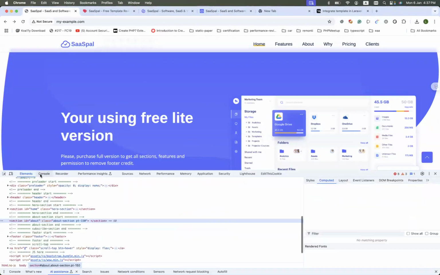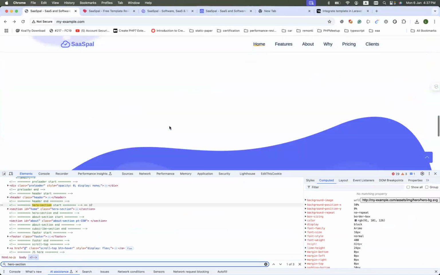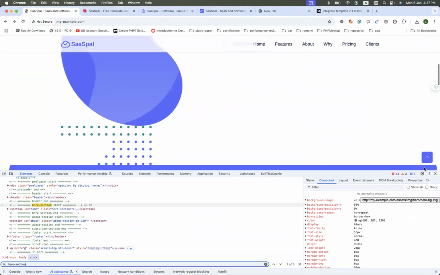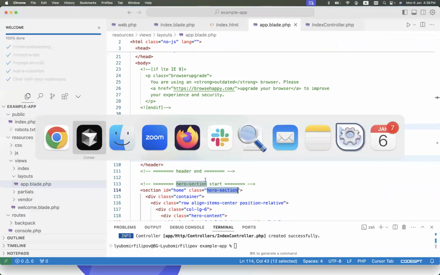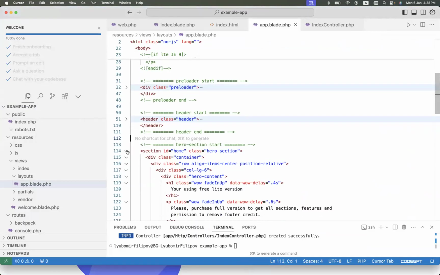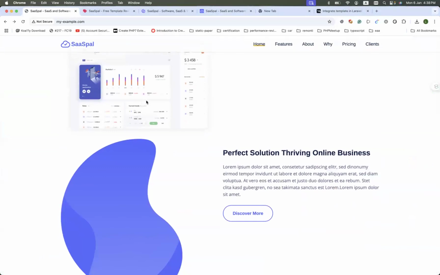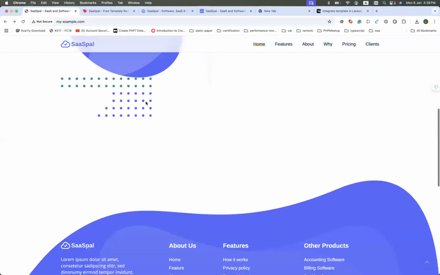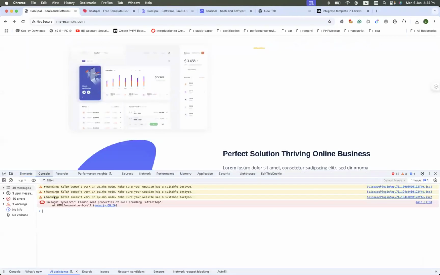So if I click inspect and search, I do see the hero section. So this is the actual hero section. And then we have the other thing above it. So I think we don't need the hero section. I'll remove it. So removing the hero section. Let's see what's the error. We have an image and then this is broken. What is causing the issue? The issue is caused by